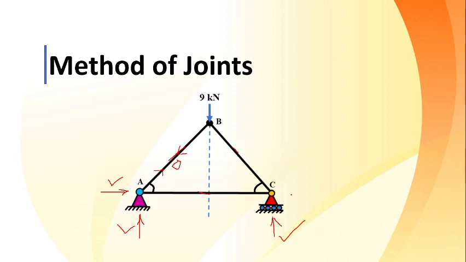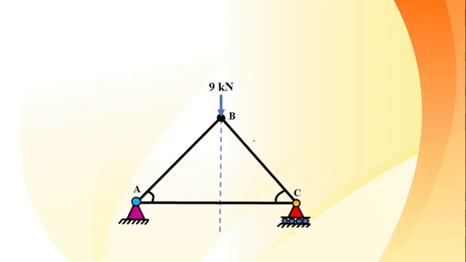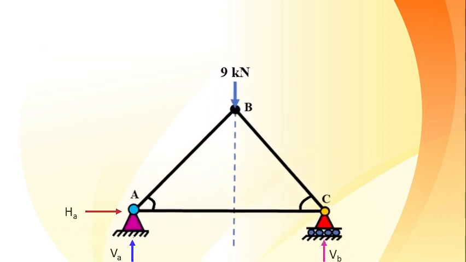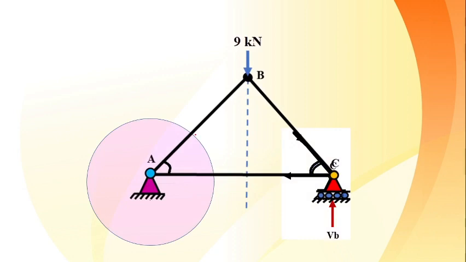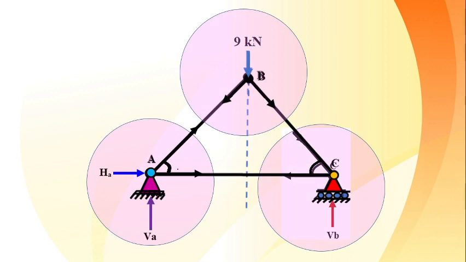Now next to this, what do we have to do? As we are doing the analysis by the method of joint, I will be focusing on individual joints. So first of all, try to understand how many joints are there. First joint, second joint and third joint. Encircle those. So the same truss, first joint, second joint and third joint. Is it okay? These are the three joints which I have encircled. Now what we have to do is draw the free body diagram of all these circles.